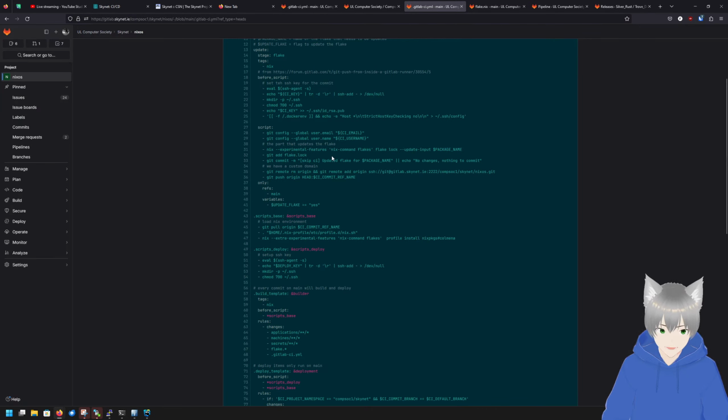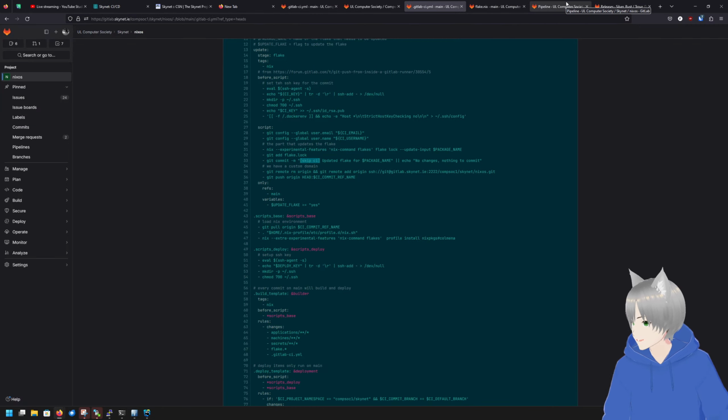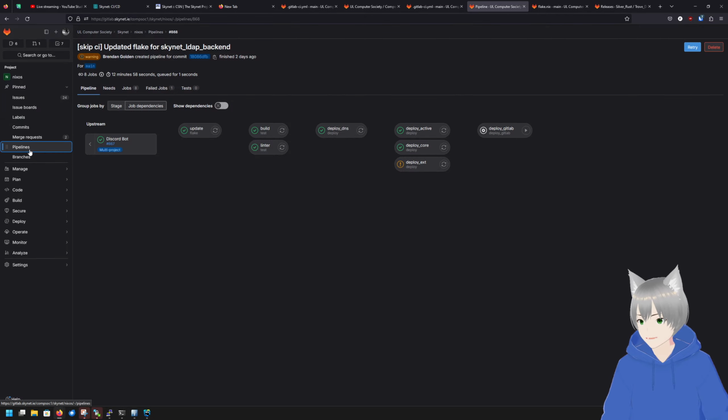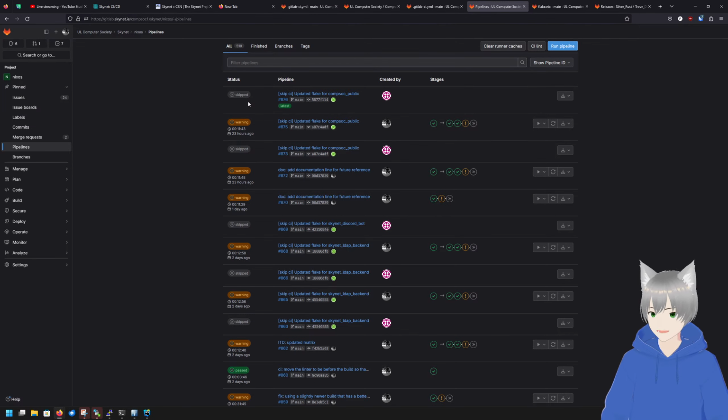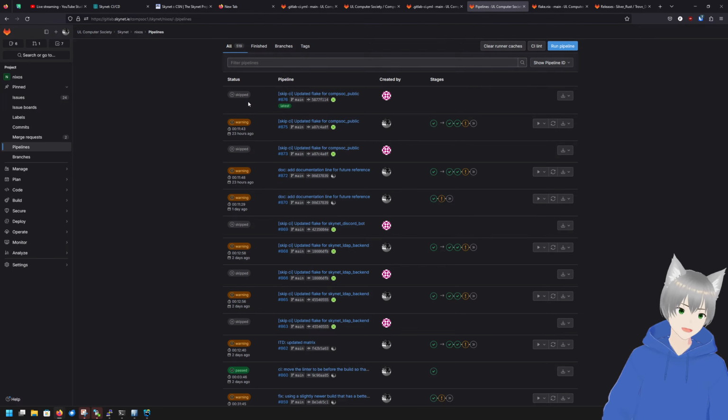And then see the skip CI here? This is kind of important because without it, the pipeline itself would run. So a good example is here. So you see here, this is the update. This is the one that updates the flake, right? See flake passed. And then because it committed to the pipeline, this one got created. And if this was left without the skip CI, it would have run it. It would have gone, hey, yeah, a new update, let's run it. Which is not that great.